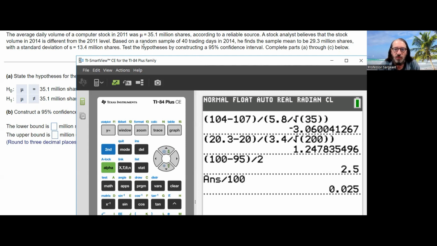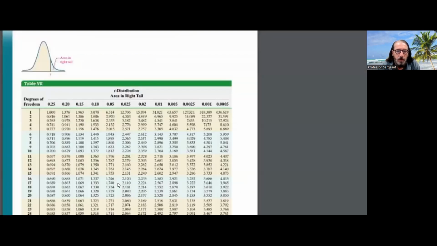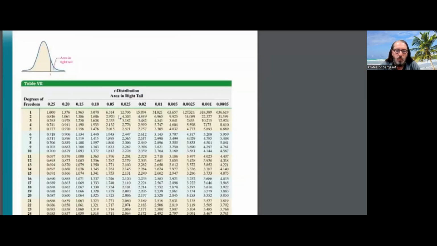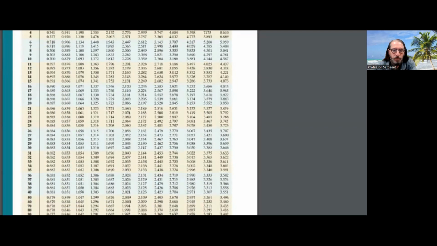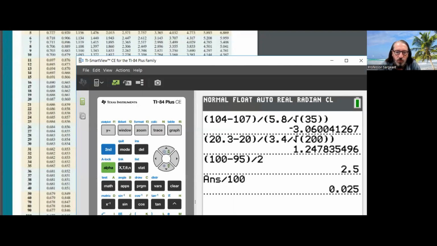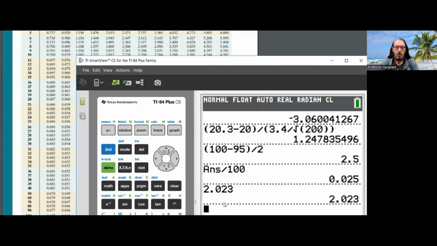Since the sample size was 40, there are 39 degrees of freedom. And we're looking at the 0.025 column right here, 39 degrees of freedom. I am seeing a 2.023 for that critical value. 2.023. On the other hand, what I could have done was